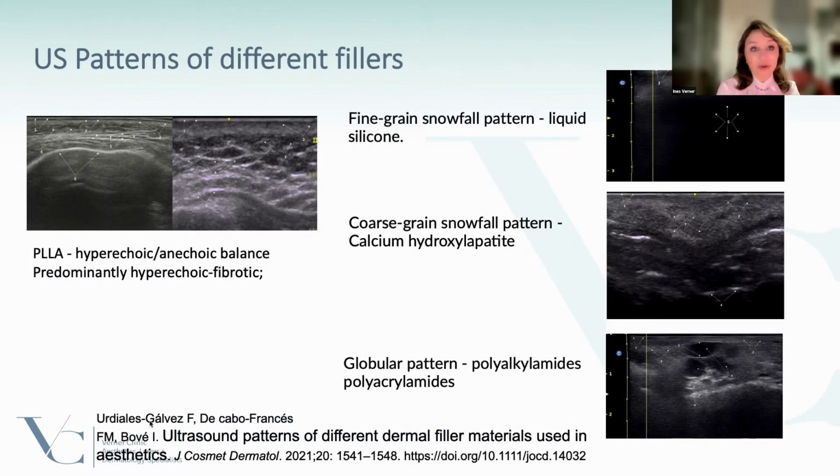technology. So we can inject and we can see where the filler is, or we can see where the filler has been introduced before. Now, what is also very, very interesting is that different fillers have different patterns in tissue. For instance, polylactic acid, PLLA, will have a hyperechoic and anechoic balance. This is due to these fibrotic areas that are there due to the injection of the filler, and this